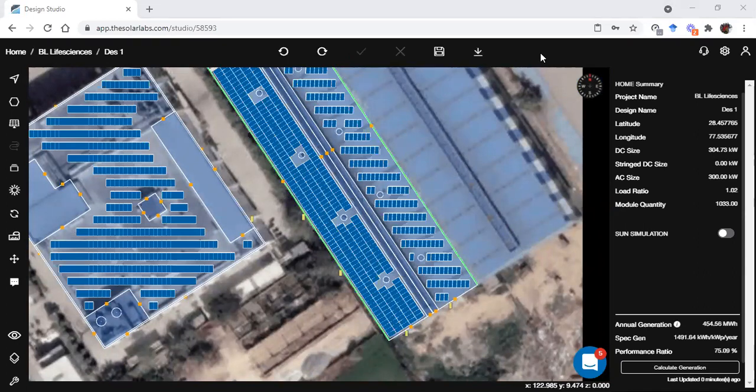Okay, so Mrs. Suman, this was how we can do the AC and DC cabling, but these are for the size of cable recommendation and current carrying capacity. As an installer, you have to make sure, because every installer will go with different parts. Like you want to go with a 4 mm cable, you want to go with a 6 mm cable. So it depends on installer to installer. Then the size of the cable and the material of the cable, it all depends on the installer.